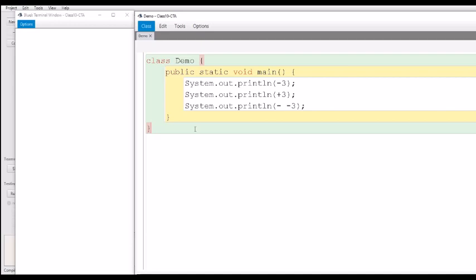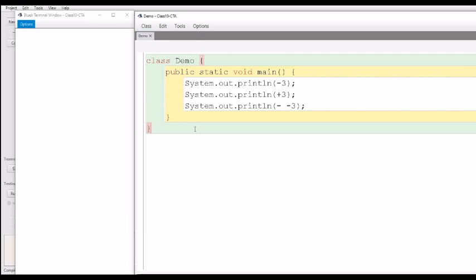The second one, plus 3, takes 3 as a positive number. Although we need not write the plus here, if we do write it, it becomes a positive 3. And if I write minus space minus 3, the inner minus is a unary operator which makes 3 a negative number, and the minus of that negative number will become a positive number.